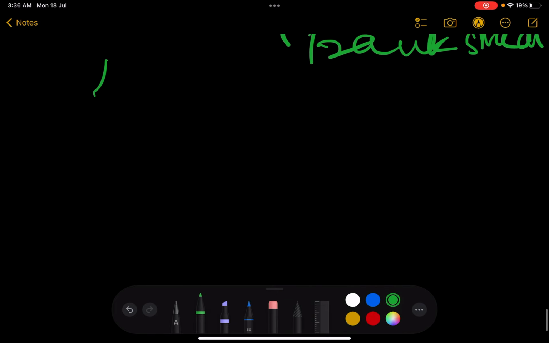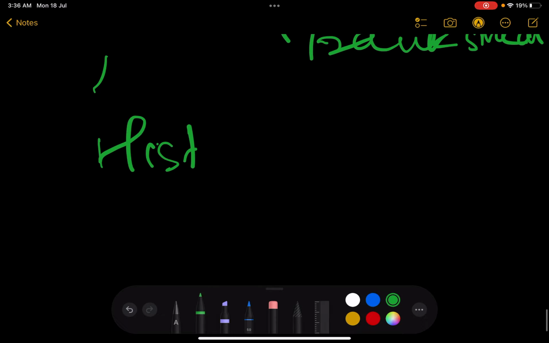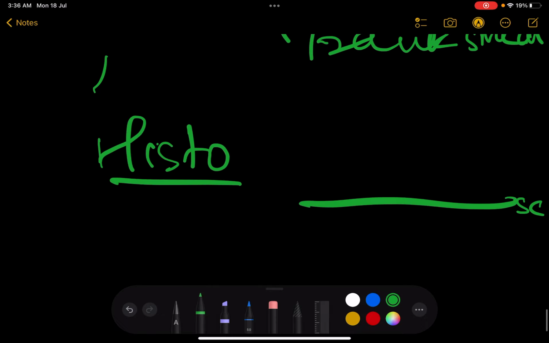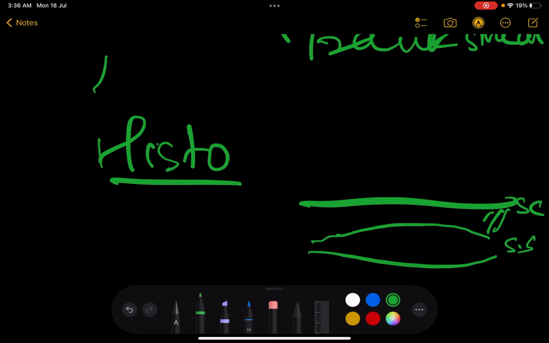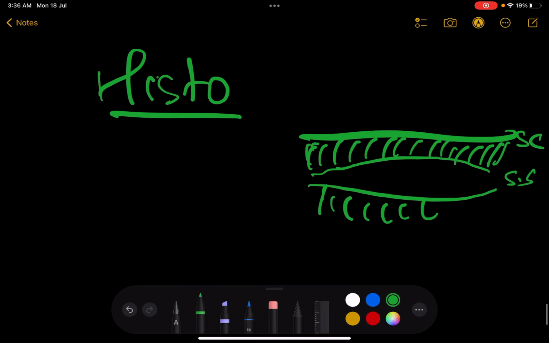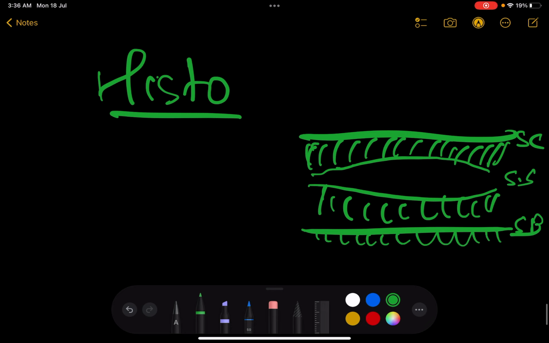The second way of diagnosis is going to be histology. On a histology slide, what you're going to observe is, let's say this is your stratum corneum, you have your stratum granulosum, which I'm not going to draw, but obviously in your stratum spinosum layer, you're going to have separation. Let's say this is your normal keratinocytes that are everywhere, and this is your stratum basale, and here you have your normal keratinocytes again. So in your stratum spinosum, you have the separation, which is why a ballet-like appearance is seen, and this is what we see as the